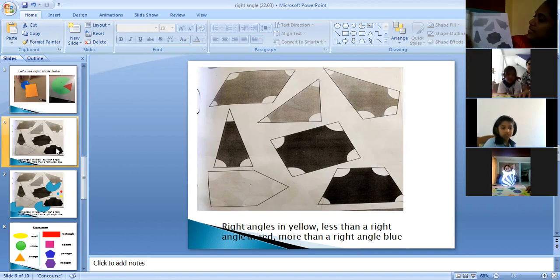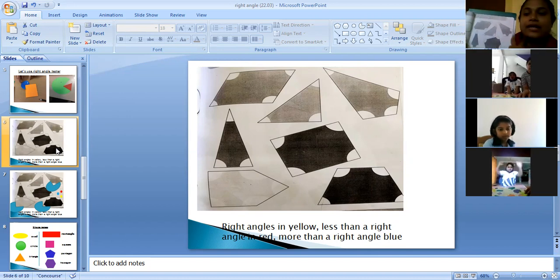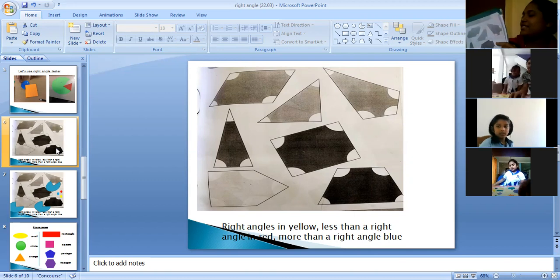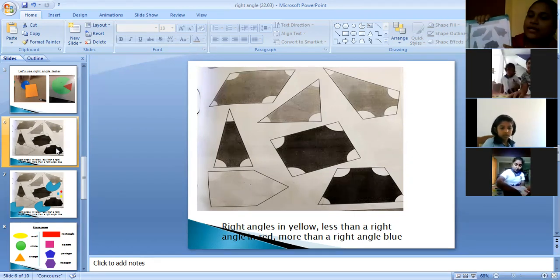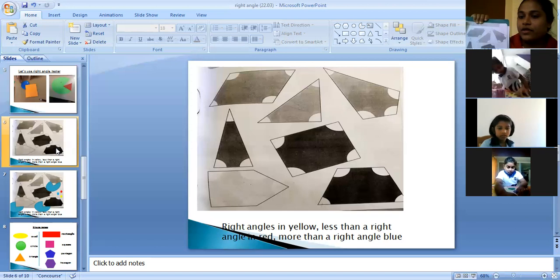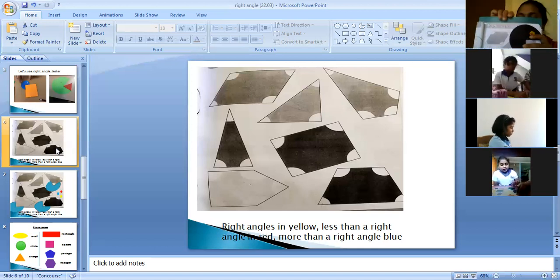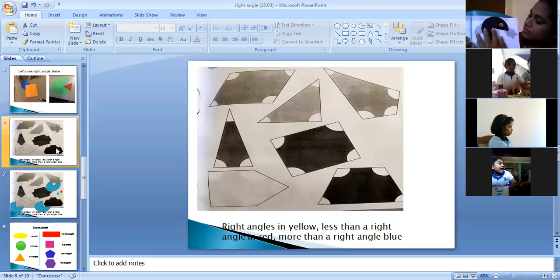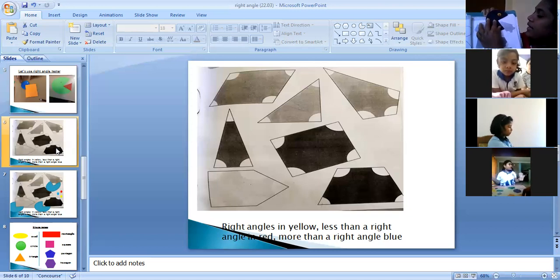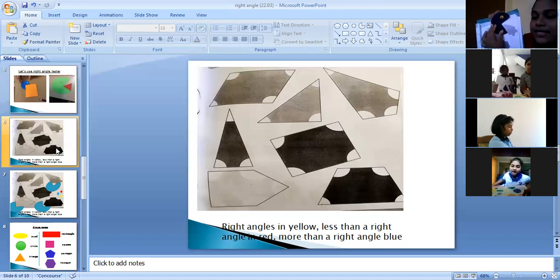Okay. Now let's move to this shape. What is the color of this shape? It is something like a kite. Orange color. Okay, let's check whether they are right angles or not. I will do this one first, right? I'm going to place my right angle tester here. Here I can fit only one line with my tester. Can you see?